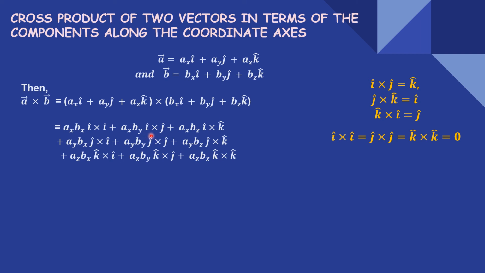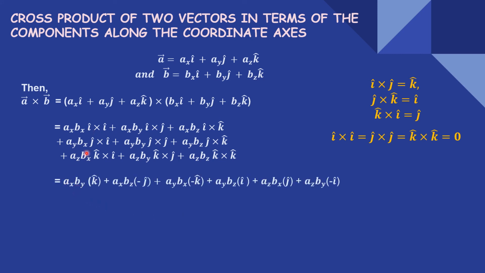So now the terms which contain i cross j, i cross k, j cross i, j cross k, k cross i, and k cross j. So now we put here, in place of i cross j, we put k caret, and in place of i cross k. So here the term is i cross k, but here the term is k cross i. So as we saw in the previous slide, if we change the order, it becomes negative. So here we want to put minus j. So let's see what we want to put.